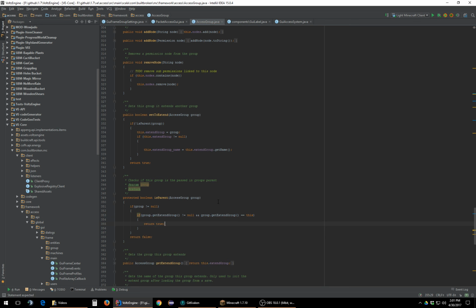Return true. Your else statement would be return... actually, we want to do this a little differently here. Because if it doesn't have a parent group, we don't need to continue to check it. We just want to go and this will return true. Actually, no, wait, we don't even do that. We need to do this. Then we need to